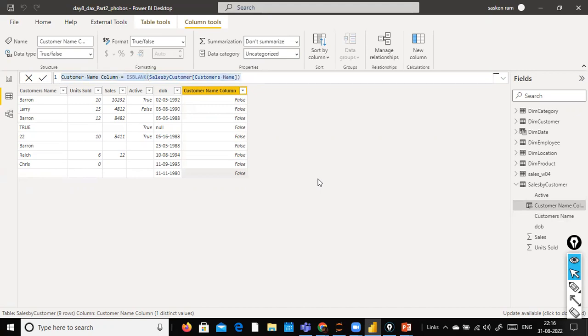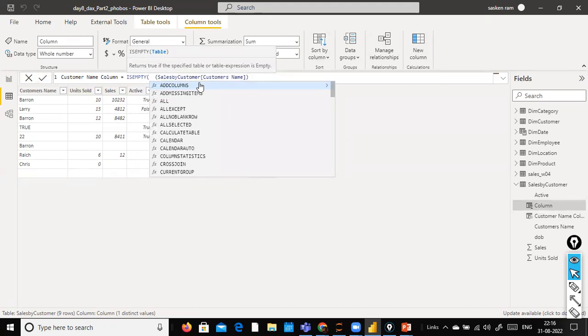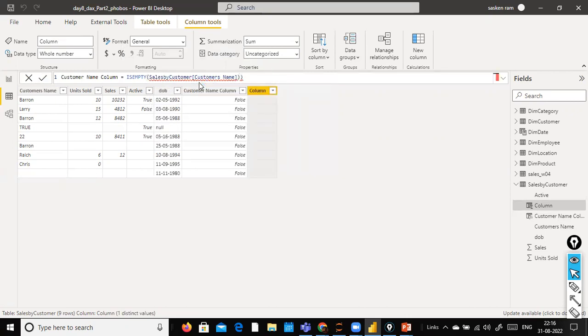So that also we will check it out. So isBlank, and for that, isEmpty. We have something called the isEmpty function. Look here, isEmpty table. Okay, it gives me the table only, but it is not giving for the column name. We don't see anything available for isEmpty. Okay, isEmpty is not available. Okay, now what I do is,